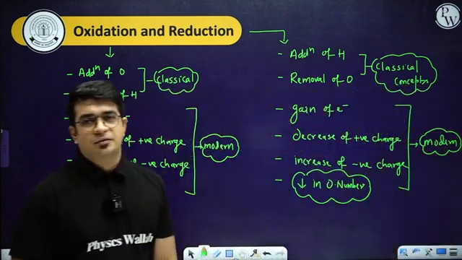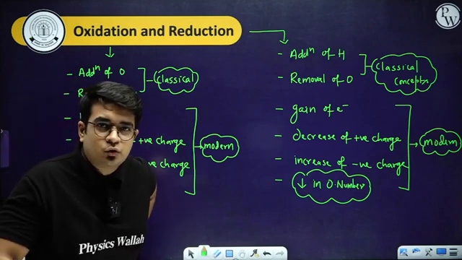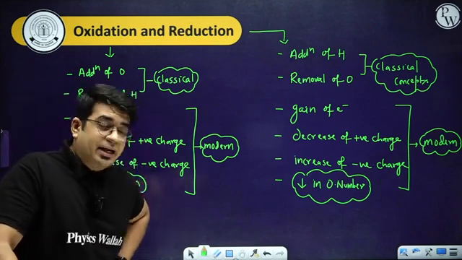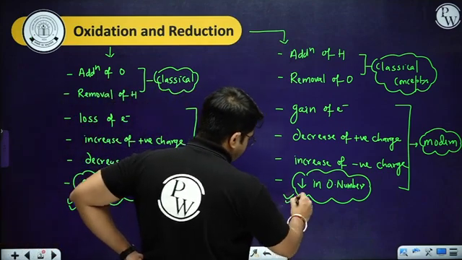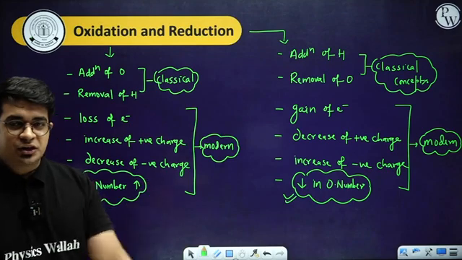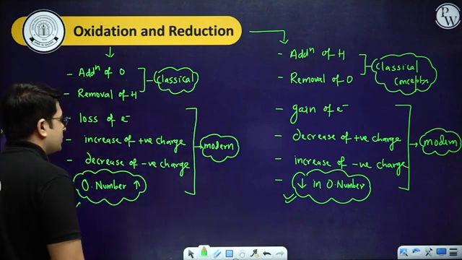I hope this part is clear. I hope this entire analysis is clear. With the help of different reactions, you can see what is going to happen in this particular case. But the main idea is how to find out this oxidation number increase and oxidation number decrease. Then only we can say that oxidation and reduction is going to happen. There are certain cases by which you can explain that the process is oxidation or reduction.